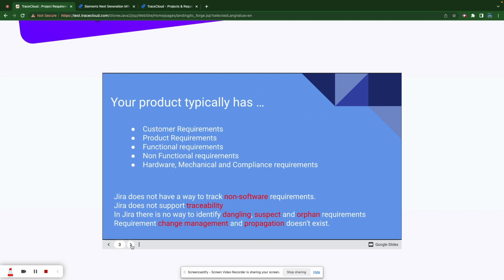In Jira, there is no way to identify dangling requirements. These are requirements with no downstream work. Suspect requirements are those which have changed and have impacted other requirements. Or orphan requirements. These are requirements that aren't really connected to anything upstream, so you don't know what work or what role they're fulfilling. So essentially, there's no way to propagate your change or manage your change in Jira unless